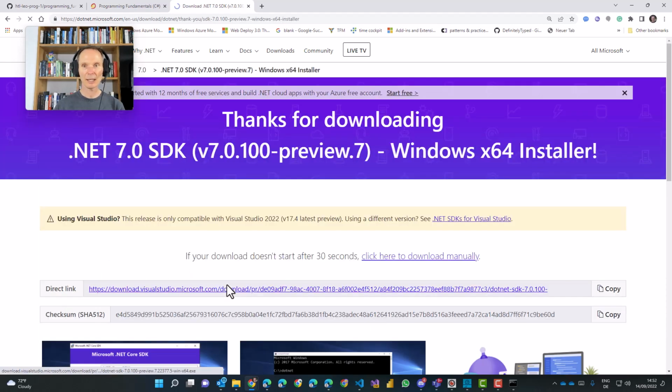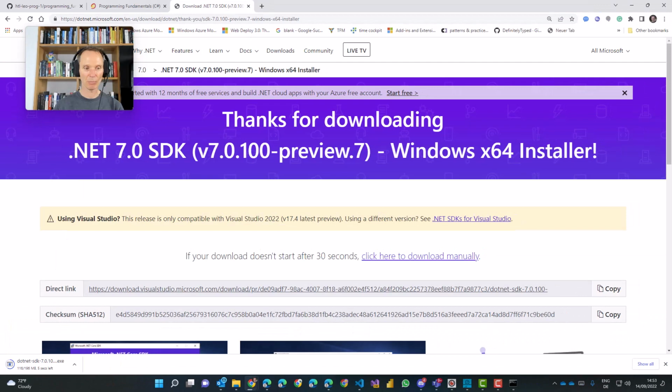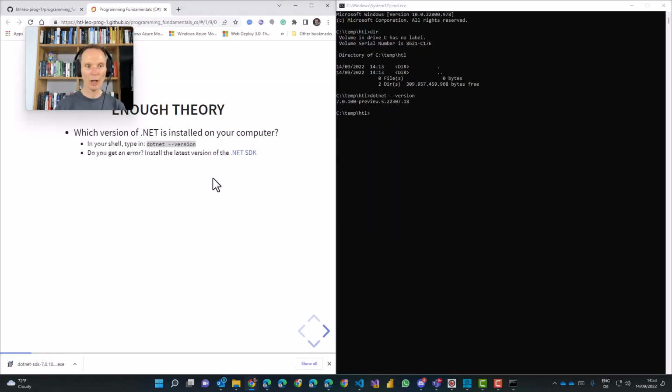If you click on this link, it will take a second until the .NET SDK is downloaded. You see it here. It downloads currently on my computer. I don't need to install it again because I already have it on my computer. I just need to wait until it's here, and now I could click on it. You should click on it if you have to install it. If I click on it, I get a nice little installer. You have to press next, next, next a few times. It will install everything you need, and you are fine. Then you have your .NET installed on your computer.